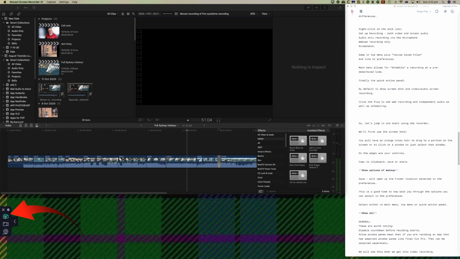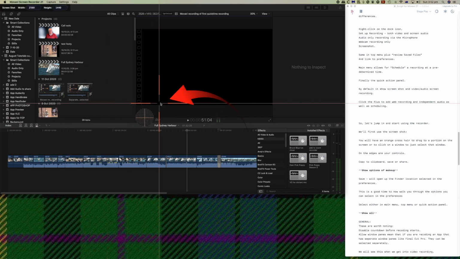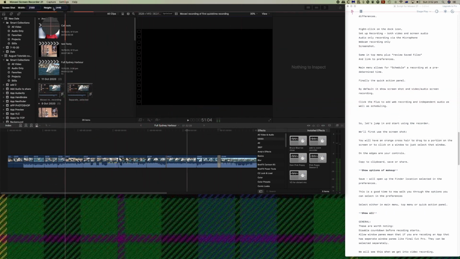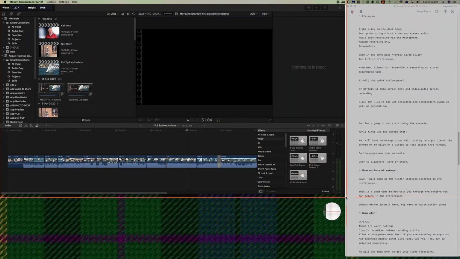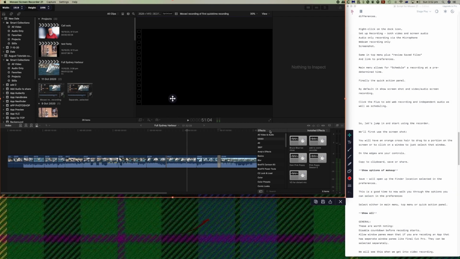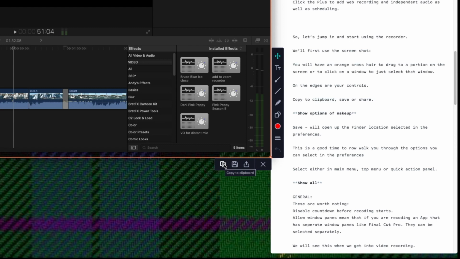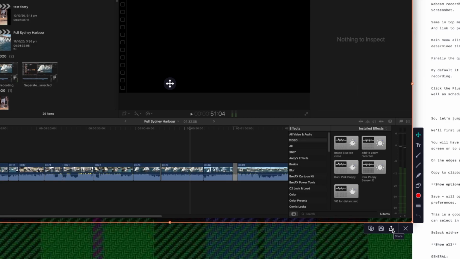So if we click on the screenshot here, you will see you have the orange overlay panel, and you can hover over the screen and select the area that you want to record. Once you've selected that area, then you can copy to the clipboard, you can save your screenshot, or you could share it. At the same time, we can use some of these markup tools, so we could put a red arrow in here